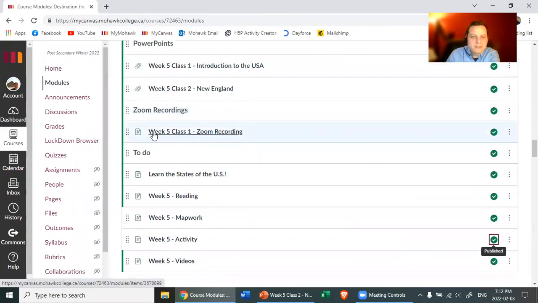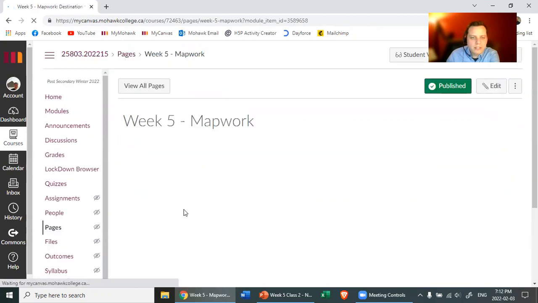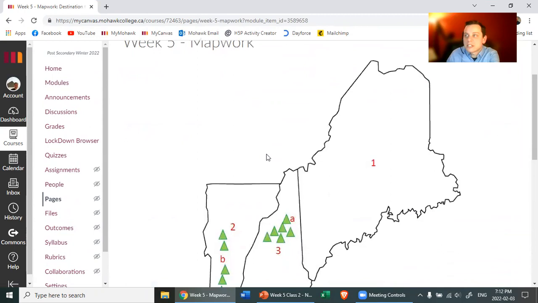Each of these things. So if you didn't come to class, you'll watch the recording. Then what to do? Each of these things is very important. They will help you in your tests and in your quizzes. So we'll go just to map work. You can do the rest on your own, maybe today after class, because we're ending about 30 minutes early.